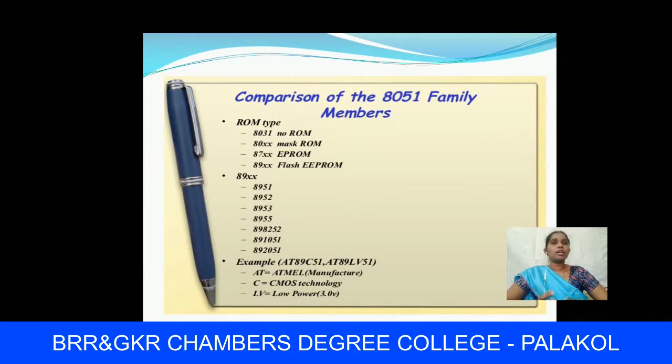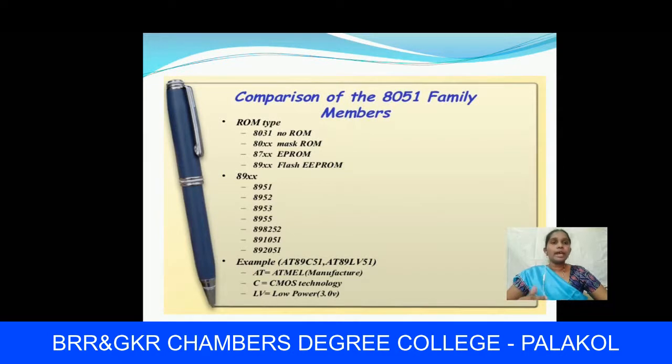microcontrollers: those are 8031 ROM, next 80XX mask ROM, next 87XX EPROM and 89XX flash ROM. So here these are the ROM types in the 8051 family.